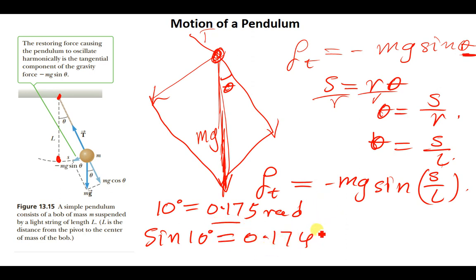So in other words, we can make a conclusion to say 10 degrees in radians is equivalent to sine 10 degrees. Therefore, for all the angles that are less than 15 degrees, you can conclude that